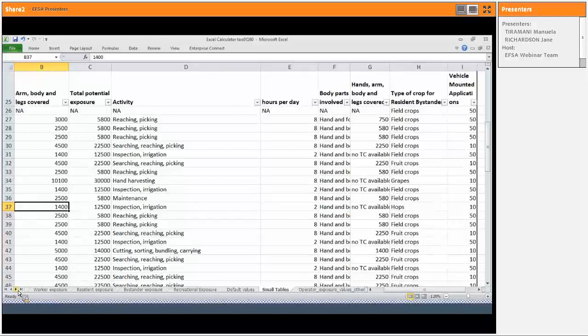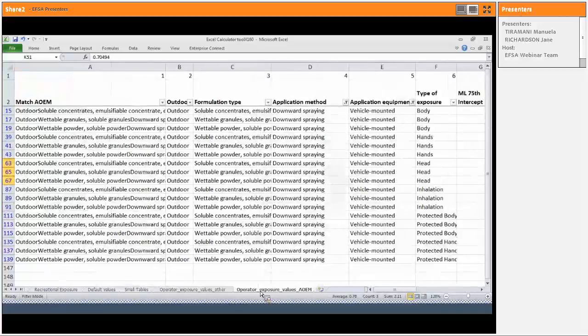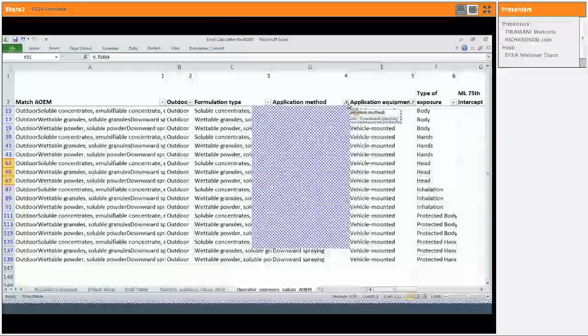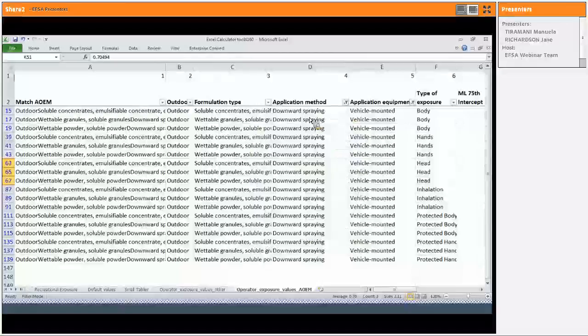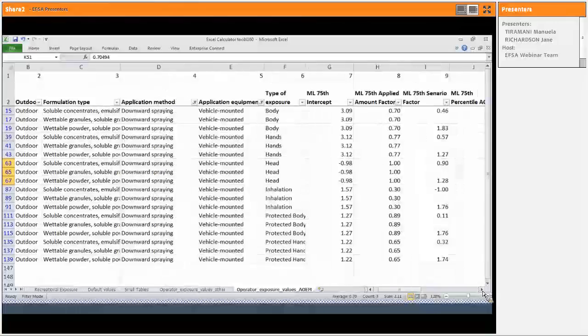And then the final sheet that we're going to look at today is the actual values that are derived from the model for the AOEM. So we can see the model allows a range of scenarios, and if you're using this sheet, you can filter to select the scenario that you're applying. So we're just looking simply here at downward spraying vehicle mounted,